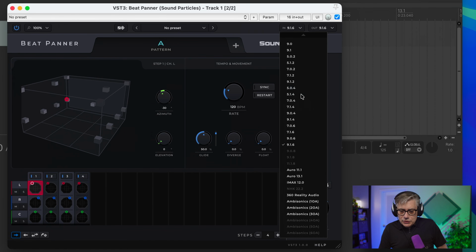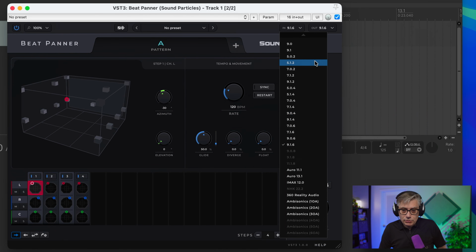Just one word with the ambisonics. Ambisonics works a little bit different because ambisonics isn't really a channel-based format. It's more of a scene-based format. So when you switch over to ambisonics, the things that the plugin does work a little bit differently. In particular, you can only pan the W channel, so only the omni channel, which makes sense. And since this is a little bit different, I might actually do a separate video just about how to use this plugin with ambisonics. Not quite sure yet. Most of you out there are probably not really interested in that. Most of you are probably going to work with regular channel-based audio.